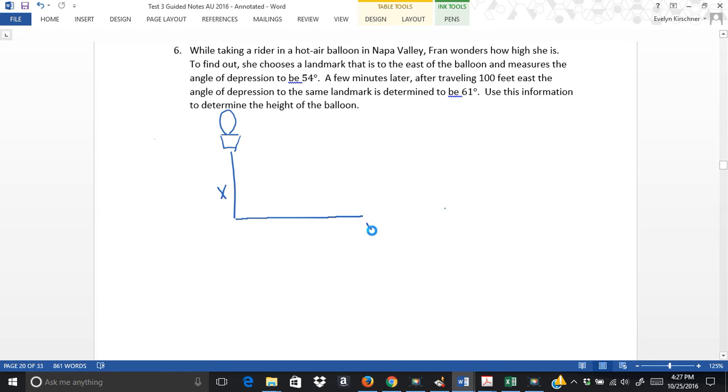And she has this point here that she's looking at. This is her landmark. And she knows the angle of depression is the same as the angle of elevation, so this is 54 degrees. She moves 100 feet east, and so now